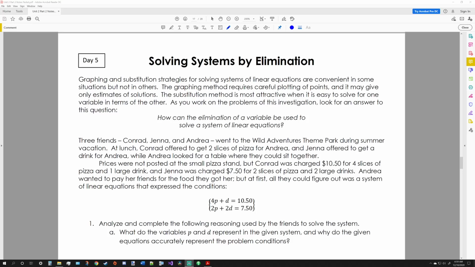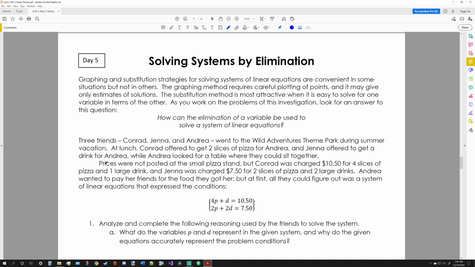All right, we're going to get started on day 5, and this is on page 17 of your notes. And we're talking about solving systems by elimination. So this is the next method of algebraically solving these systems. And we start with